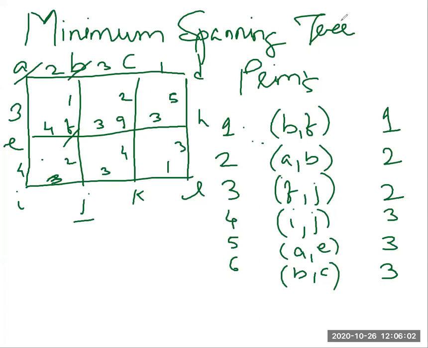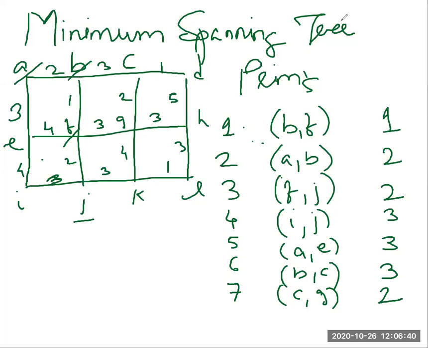Now when C gets added, EF is having weight 4 and EI is having weight 4, so they cannot be considered. Then JK is having weight 3, FG is having weight 3, but CG is having weight 2. So the minimum possible weight is 2. Consider the edge C comma G and add 2. Now consider the edges from G onwards. F to G, there is one edge. G to H, there is one edge. G to K, there is one edge. G to K is 4.